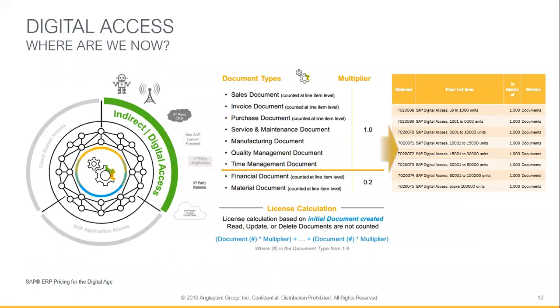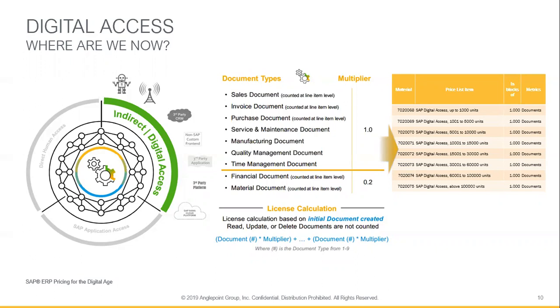But as you can see here, SAP has this requirement for customers that want to sign up for this digital access model that the counting is not done, as I said, on a user level. It will be done on a document level. And for some of the documents, and that's actually where it's a real brain twister, it will be done on a line item level. Also, some of the documents will come at a different value, which means a line item is not the value of 1, like for sales documents. A financial document line item comes with a value of 0.2.